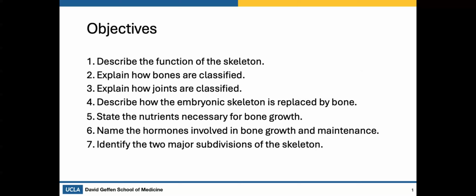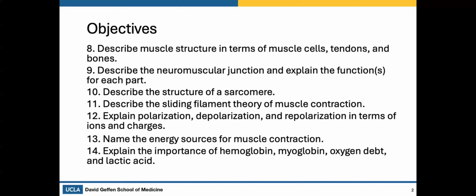State the nutrients necessary for bone growth. Name the hormones involved in bone growth and maintenance. Identify the two major subdivisions of the skeleton. Describe muscle structure in terms of muscle cells